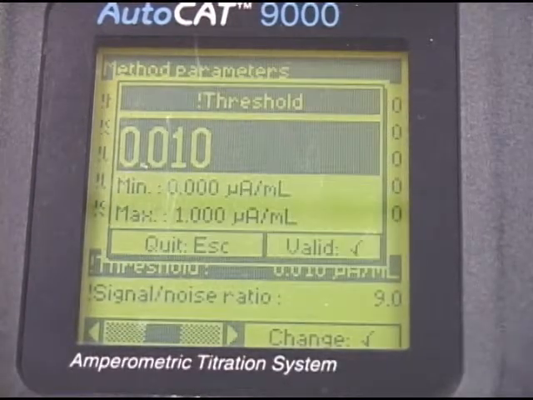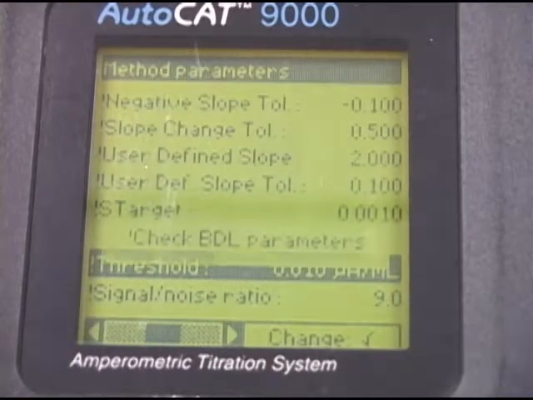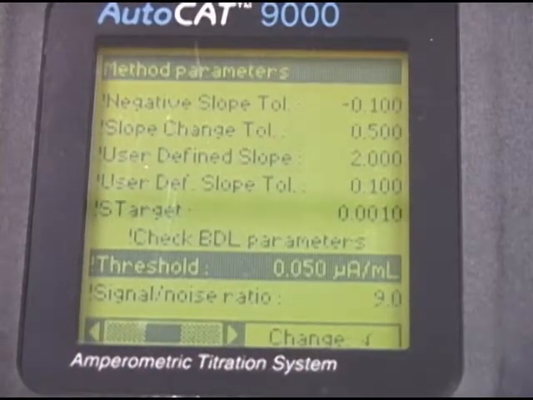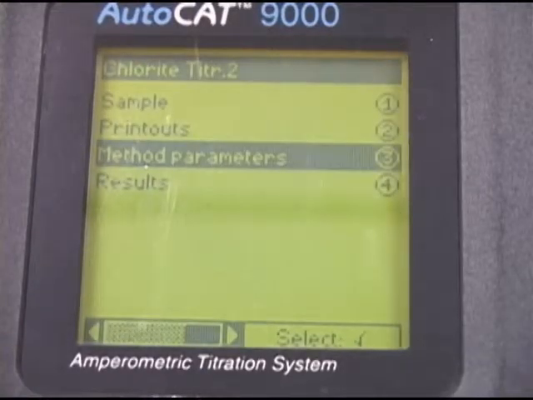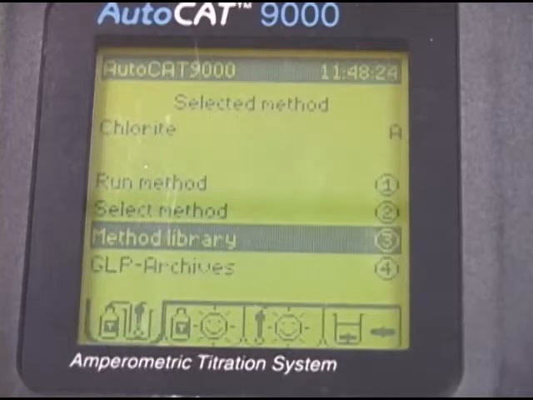Check mark, change to 0.05, valid, and now hit escape, and escape again, and escape again, and we're back to